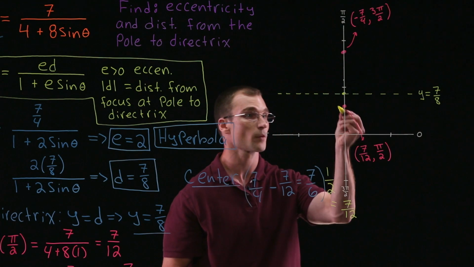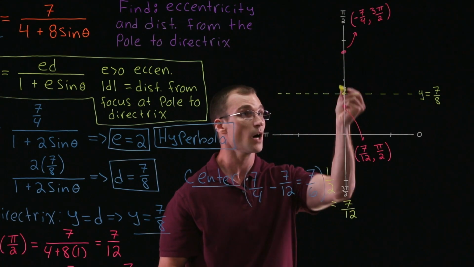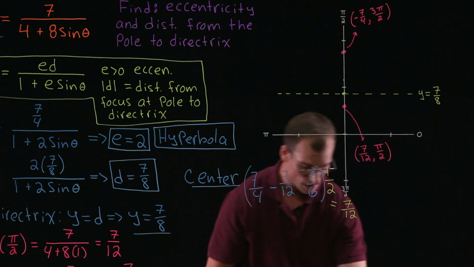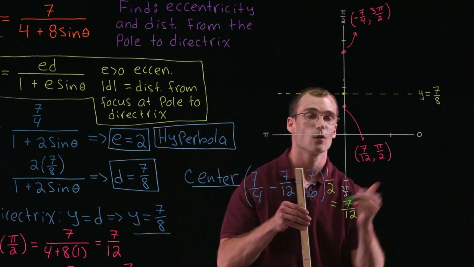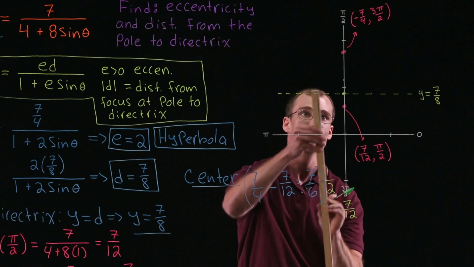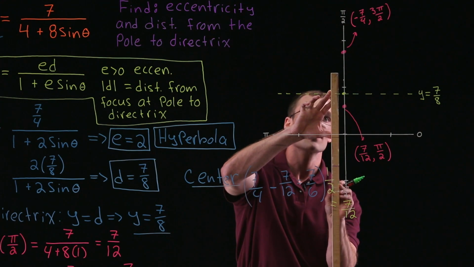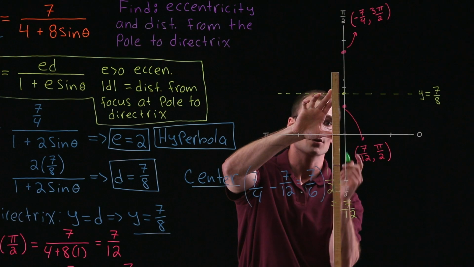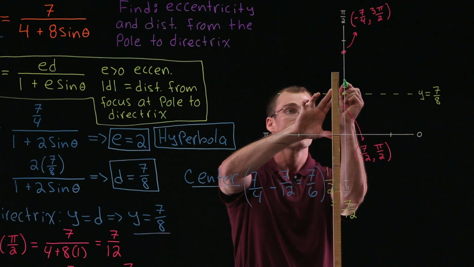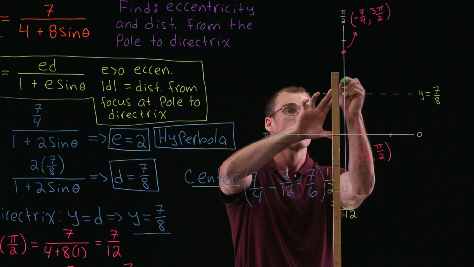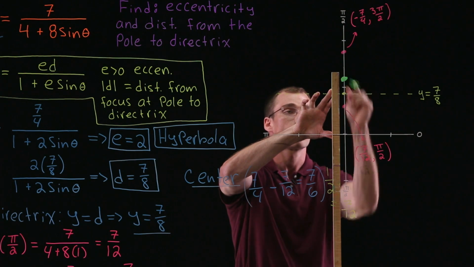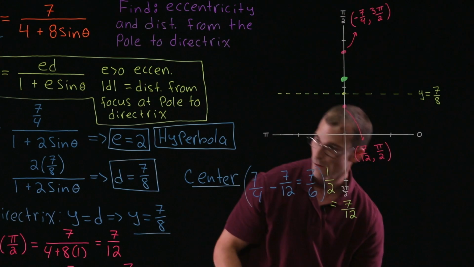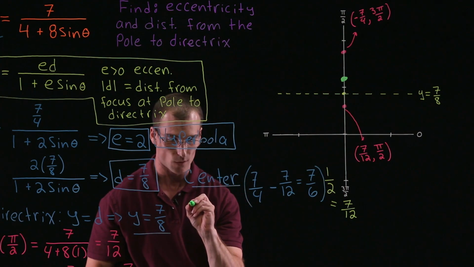So what does that mean? That means if we go from our bottom vertex up 7/12, that'll get us to the center point. And so let's label that. From the bottom vertex up 7/12, or 7/12 plus 7/12 is 7/6. So we can measure that from the origin if we want. Okay, so there's our center point. Now let's go ahead and label that to help us. So our center,